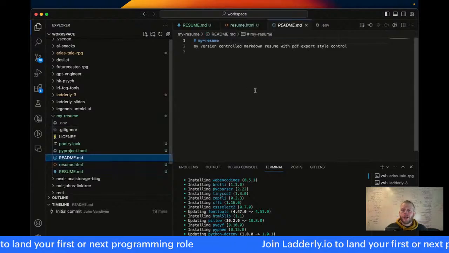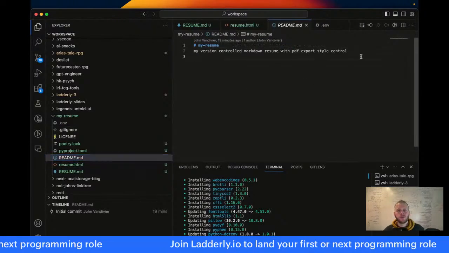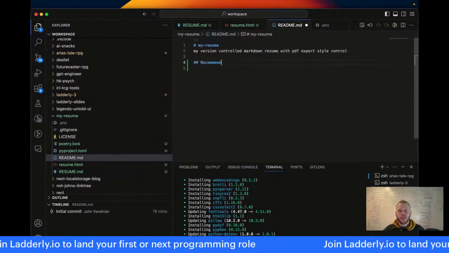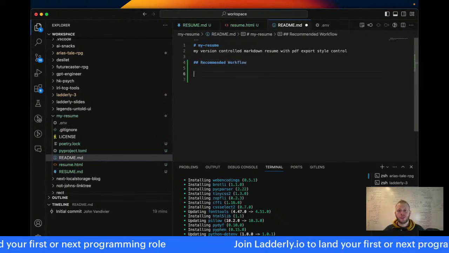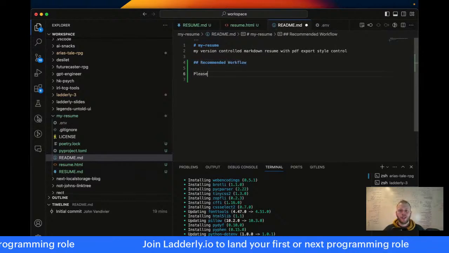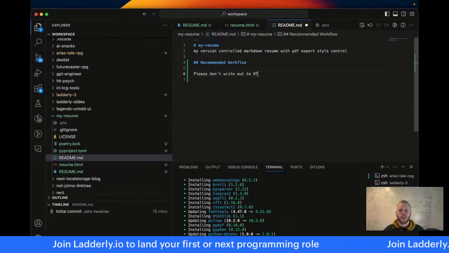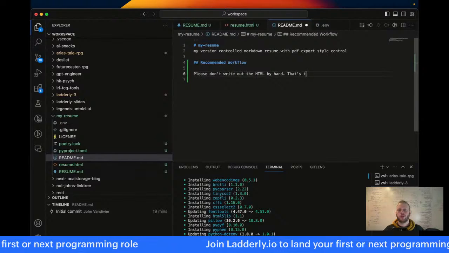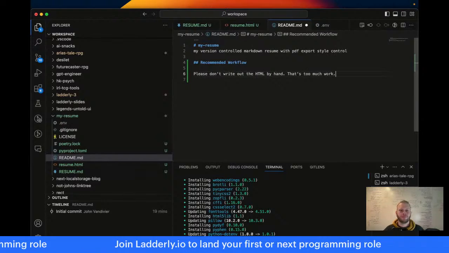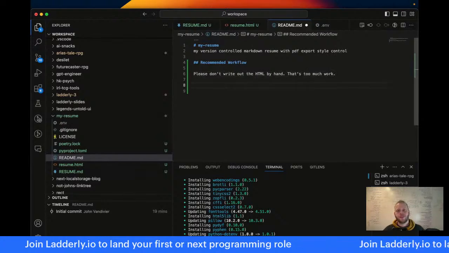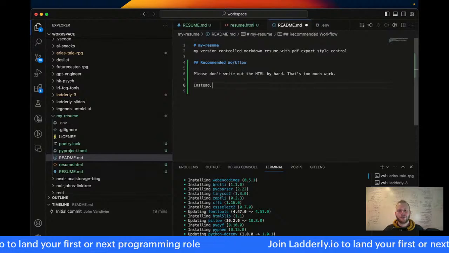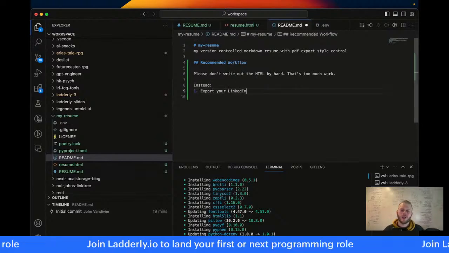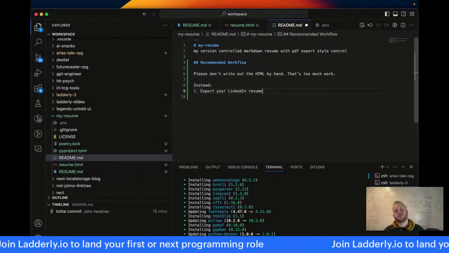And then I'll add to the README recommended workflow. Please don't write out the HTML by hand. That's too much work. Instead, export your LinkedIn resume